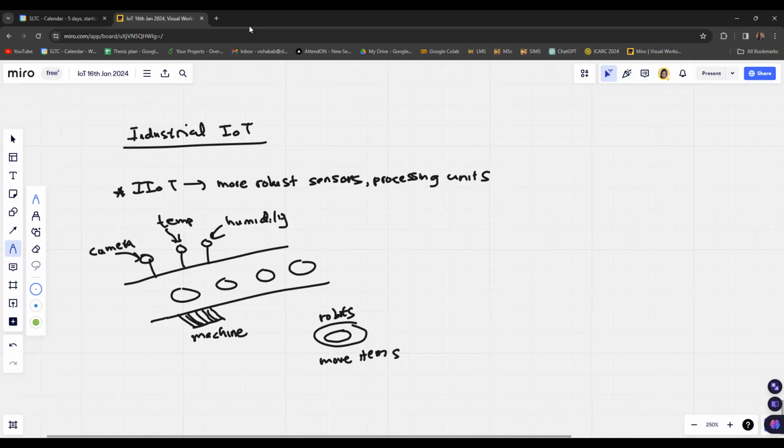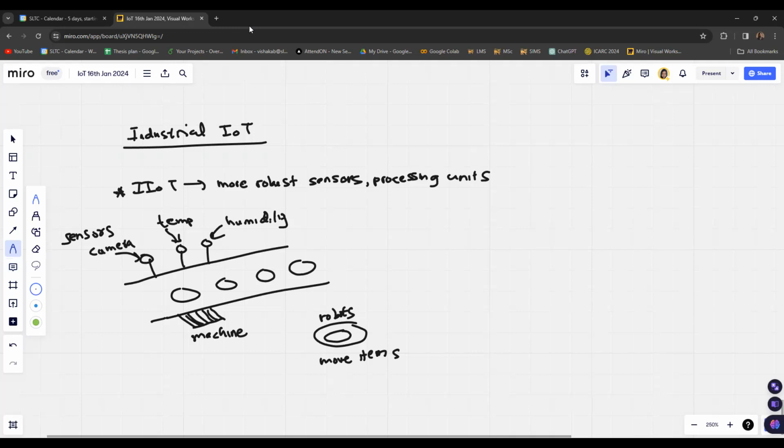So we will have robots, machines, sensors. All these things will be included in an IoT or in an industrial facility. If we combine the IoT technology to a manufacturing facility, then we will have more connectivity between the sensors, machines, robots, and any other kind of devices which can be connected to a certain access point.